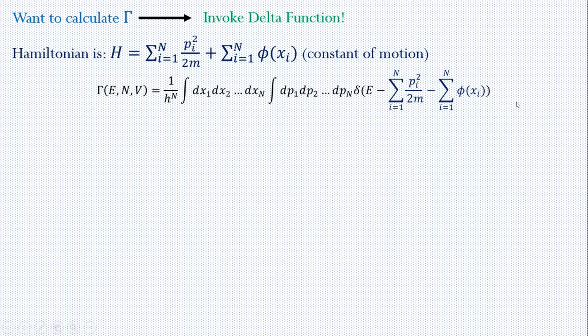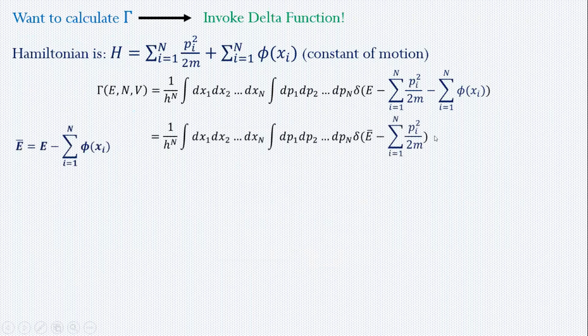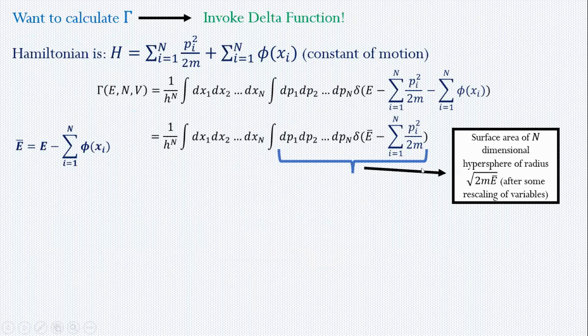So we shall take that part of phase space where the total energy is equal to E. This is how I invoke the delta function, and then redefine E bar as E minus potential energy to write it like this. Now this portion we identify with the surface area of an n-dimensional hypersphere of radius square root of 2m E bar,